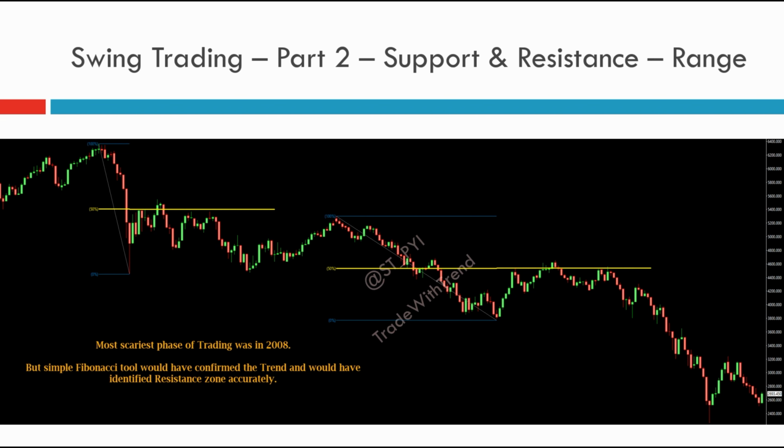But if you had taken some time to analyze what was going on, you would have seen how beautifully the main index, and I would say many key stocks, actually followed this simple principle of Fibonacci retracement. This was the fall we saw in January, where price fell from 6,300 to 4,700. I've picked out this swing high and this swing low, and this is the 50% retracement. Look how after a few months price started taking resistance here and then moved down.